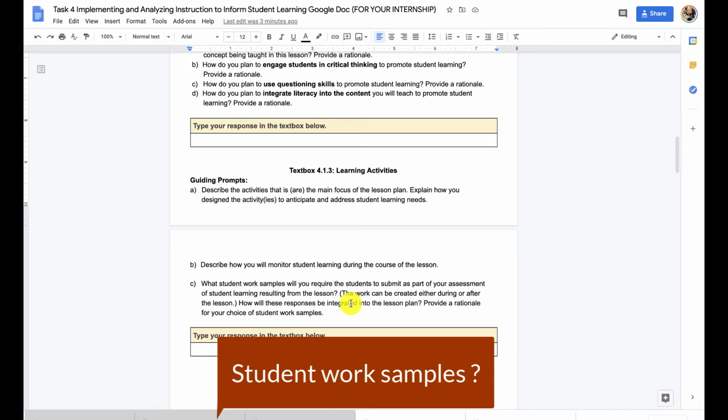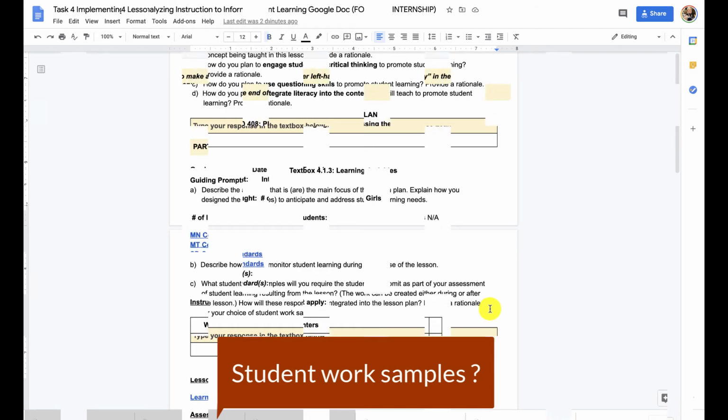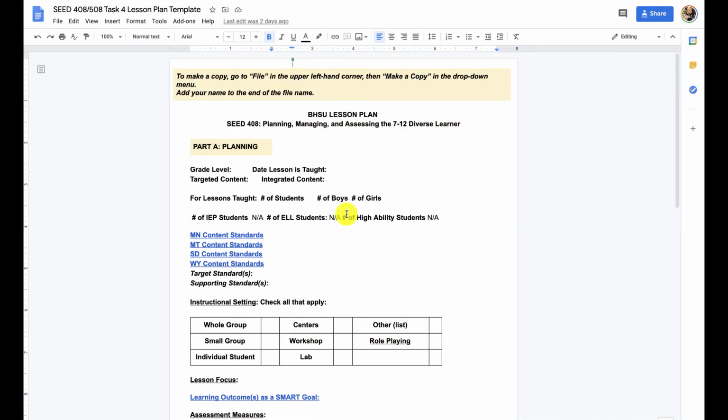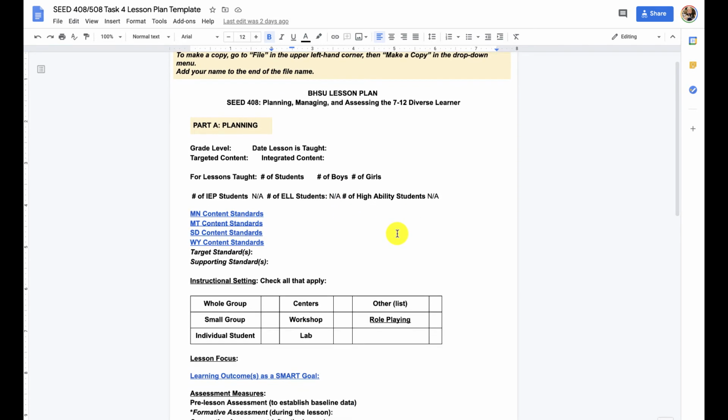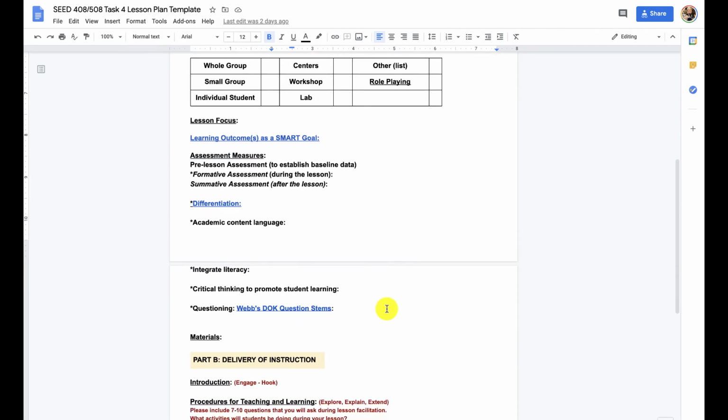What will you have them hand in at the conclusion of the lesson? How will the responses be integrated into the lesson plan and provide a rationale for your choice of student work samples? This is why you've been asked to use this special lesson plan template to make certain that you not